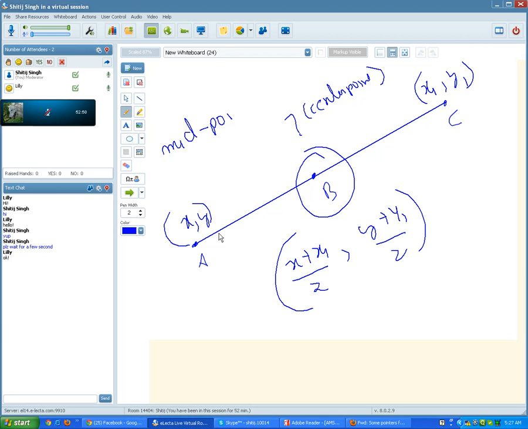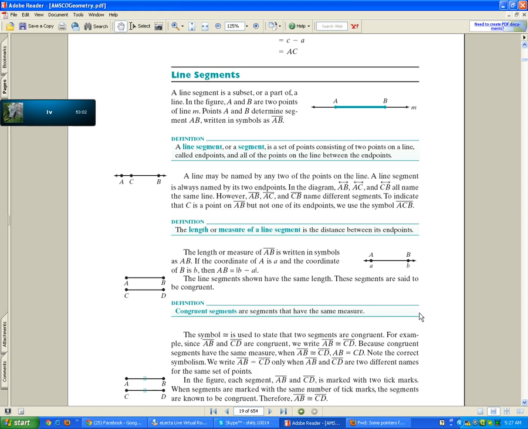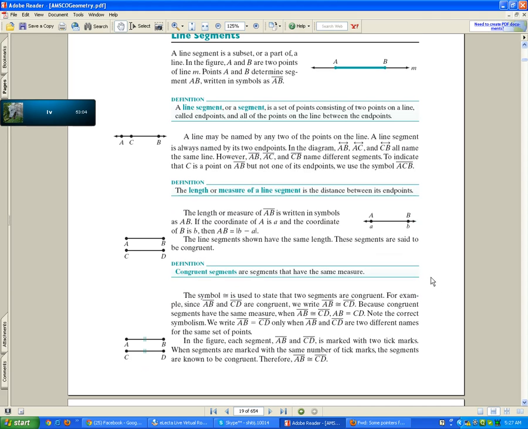Okay, so this was the midpoint. Now the line seg